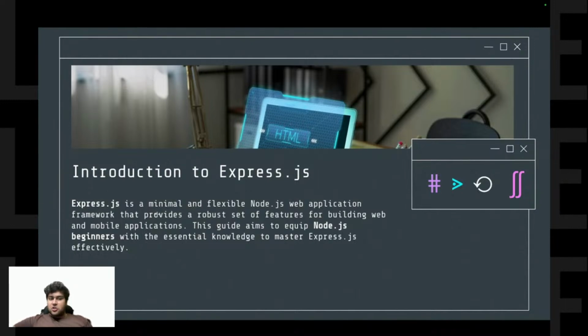If I go with the definition, Express.js is a minimal and flexible Node.js web application framework that helps us create the server or backend of web and mobile applications. Is this part clear? This is the definition part. We'll jump back to the code.